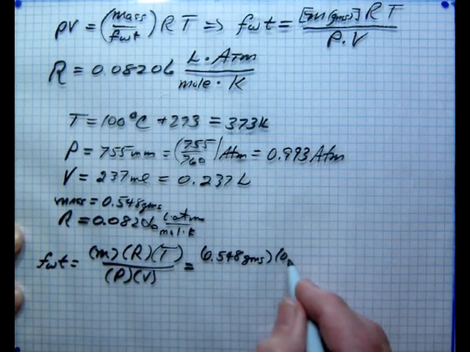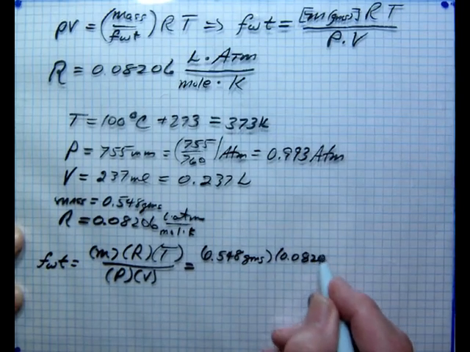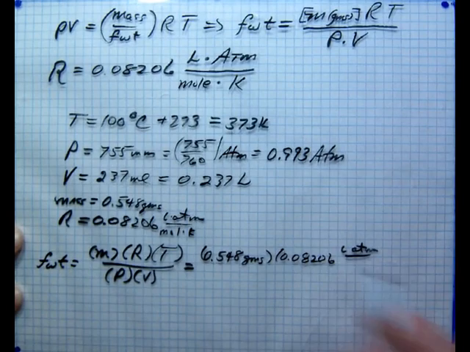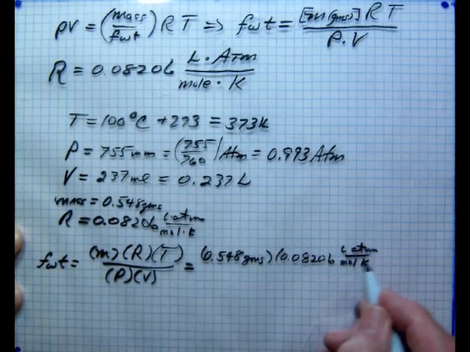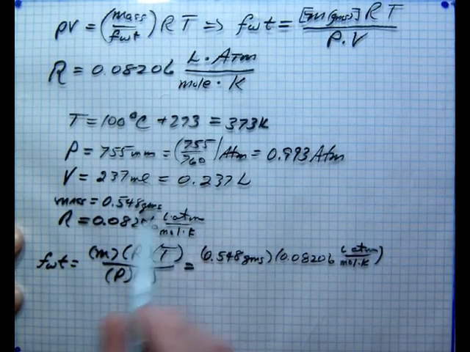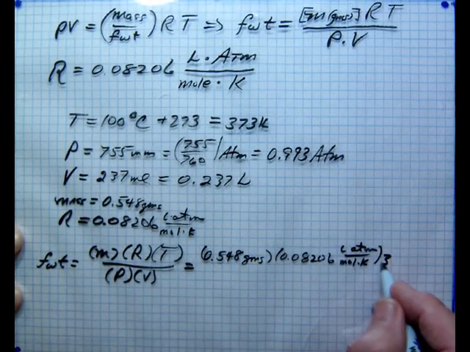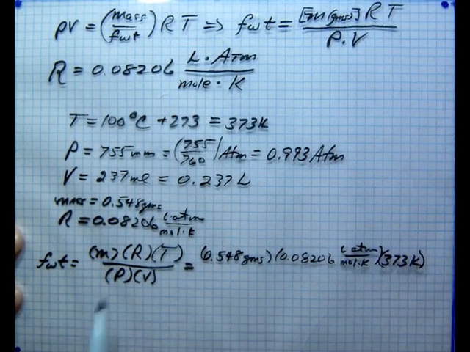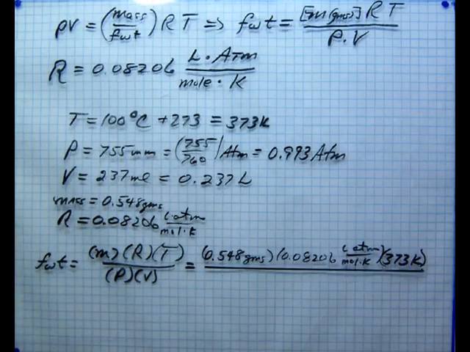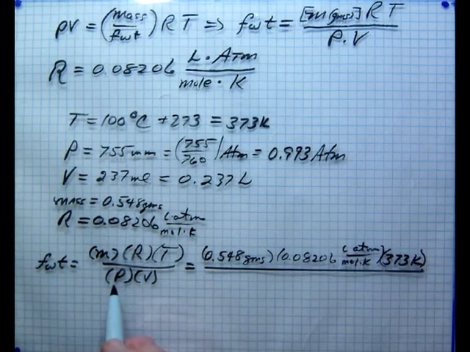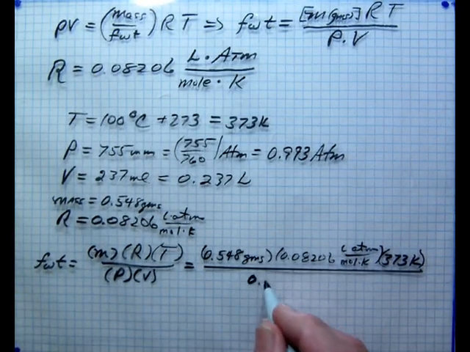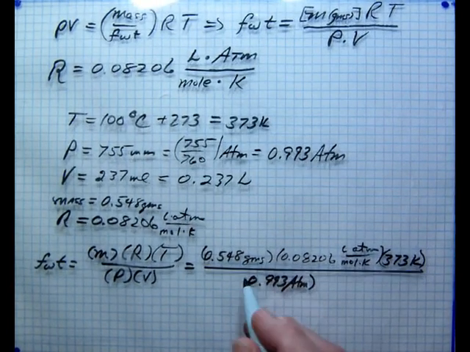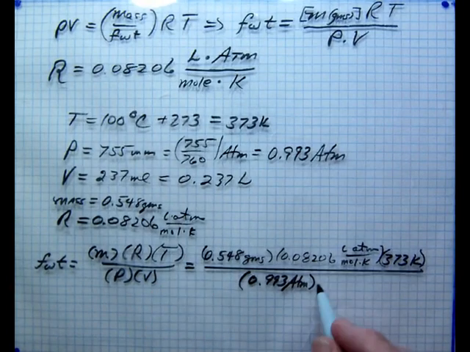R is 0.08206 liter atmospheres per mole Kelvin. Temperature is 373 Kelvin. Pressure is 0.993 atmospheres, and your volume is